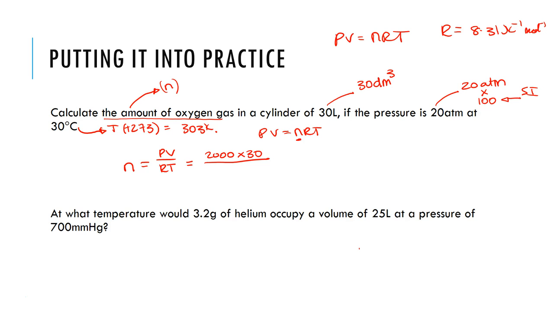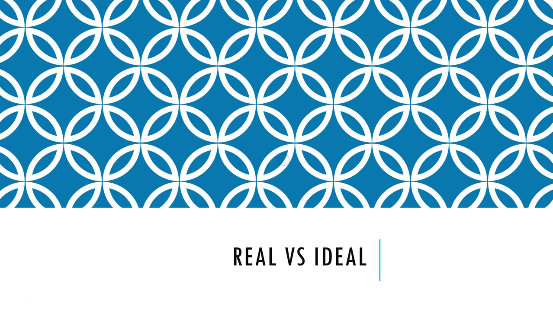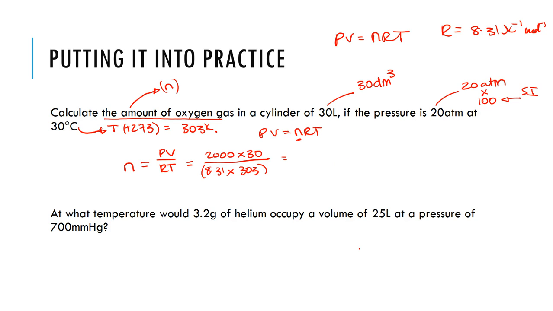Okay, so in this case, we're going to put 8.31, remembering that our denominator needs to go into brackets, 8.31 multiplied by 303. So we can just put that into our calculator. Sorry about the slide change there. So 2000 multiplied by 30, and then we're going to divide that by 8.31 multiplied by 303, and we should get